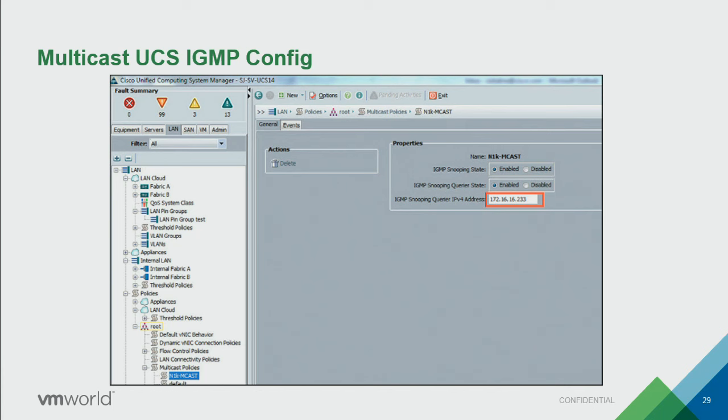Disable snooping and enable Querier? Does not work. Tried it. It wouldn't let me do it. It will not let you turn off snooping and turn on the Querier because that would be pointless. It would be querying and then just sending everything to the ports anyway. So you create this policy, this is what we do in UCS, create policies, and then you apply that policy